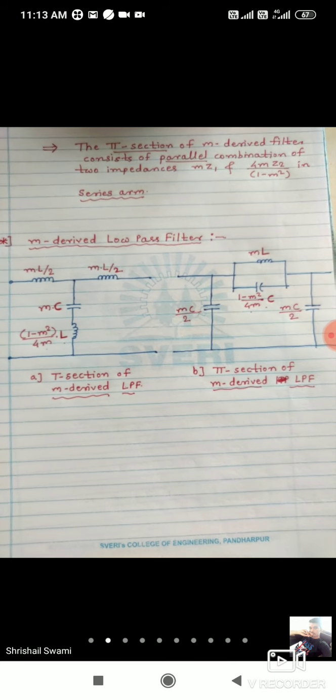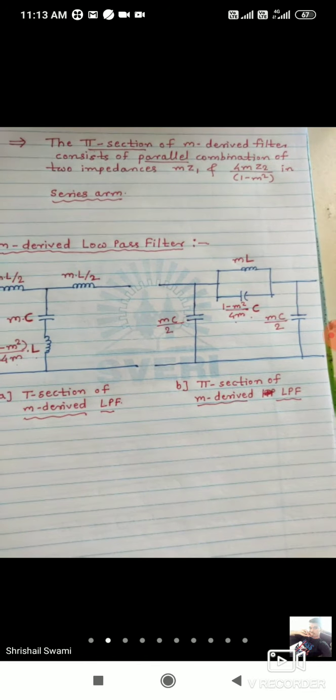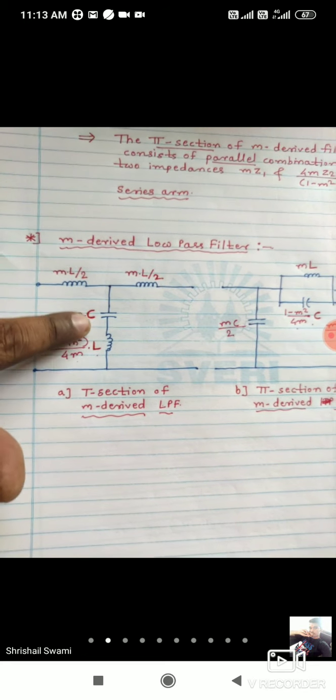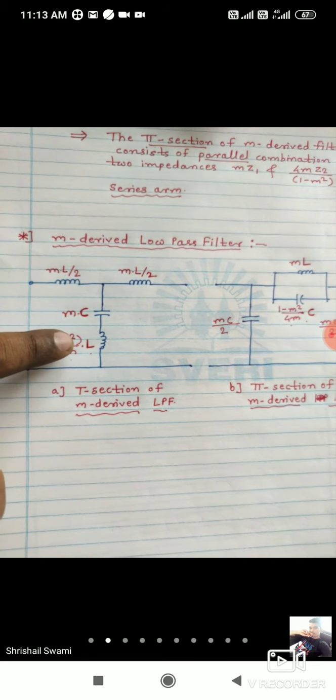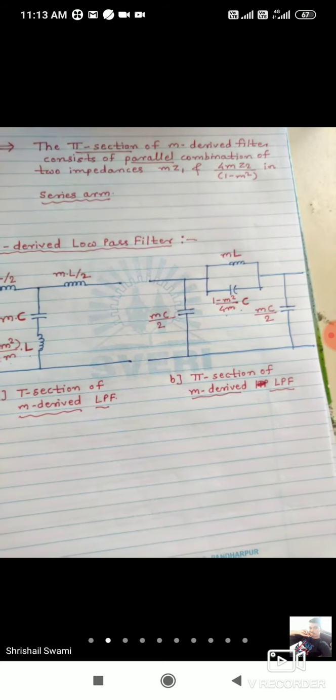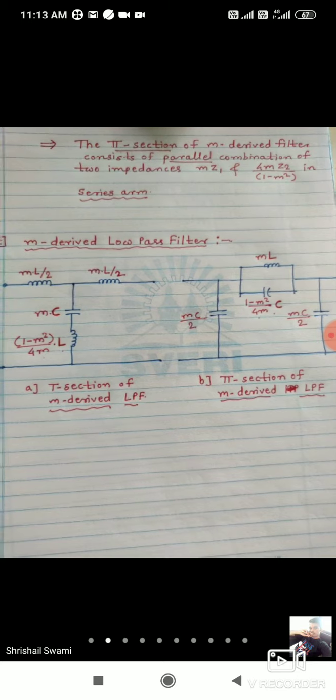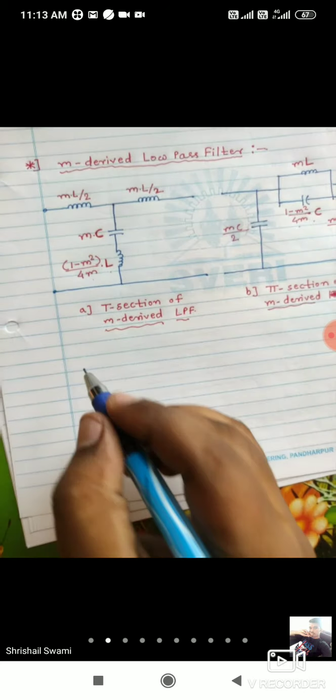Though in the T section we have to modify the resonant frequency here, and for the pi section we have to modify the resonant frequency here. So L and C connected in series means this is the series resonant circuit. And if L and C are connected in parallel, this is the parallel resonant circuit. This circuit has its own frequency, called the resonant frequency, and that is denoted here as F alpha instead of FR. And the cutoff frequency is there because this is a low pass filter, and that cutoff frequency is denoted as FC. Okay, so we will start now.